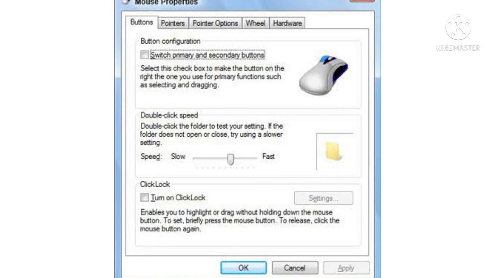Number 2, open Control Panel. Number 3, double-click on the mouse icon. Number 4, a Mouse Properties dialog box appears. It has 5 different tabs: buttons, pointers, pointer options, wheel and hardware.